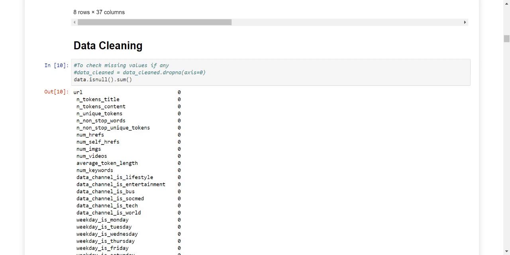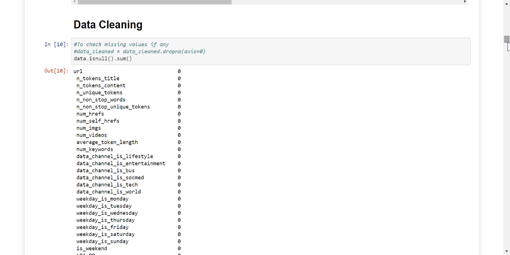So then we come to our next step of data cleaning. After understanding all the parameters that are there in the data set, we come to the next part of data cleaning. So the first step is obviously to check for any null values that we have. Fortunately for this data set, we don't have any null values. In case we do have, we usually end up either dropping those rows or columns if they don't significantly contribute towards the final output, or we interpolate them by using mean, mode, or median.